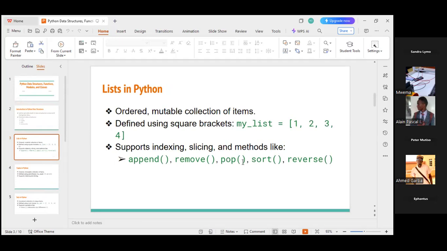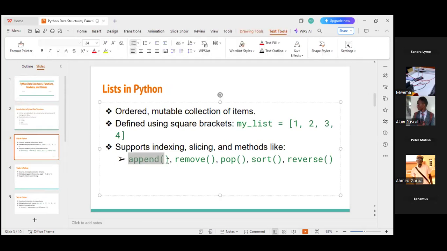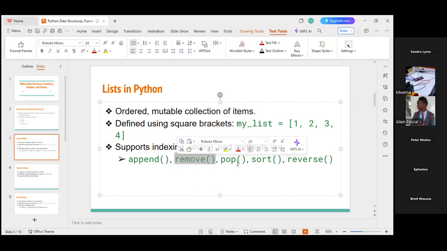So these are the methods that you could also use. Append, this is the method. For example, if you want to add another item at the very end, you can use the append method. If you want to remove an item, you can use the remove method. You first begin with the object, for example, you say fruits, then you say dot remove. We are going to talk about classes and objects in a bit. But these are the methods you could use. Remove removes an item, and pop also removes elements. Then if you want to sort, you can use the sort method. We'll talk about this one as we progress.